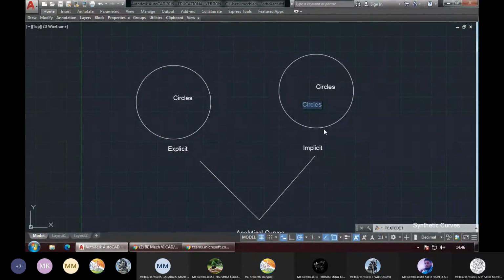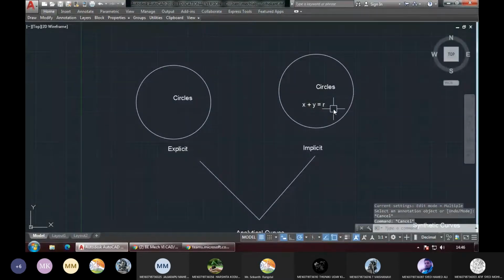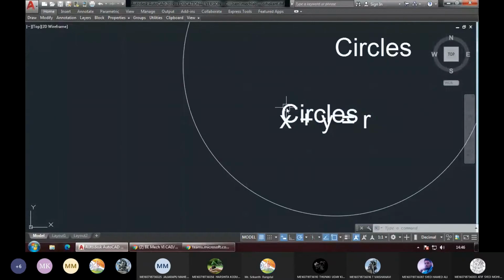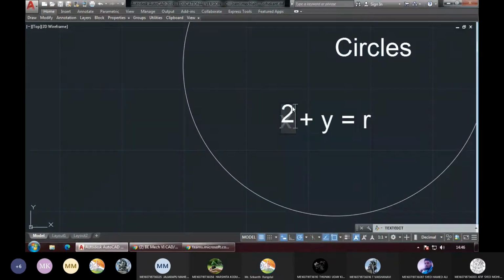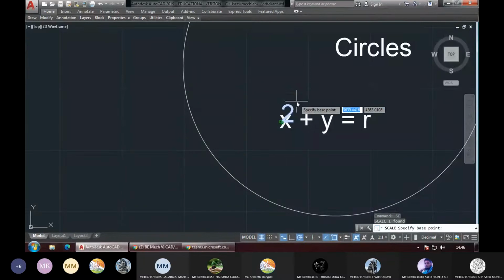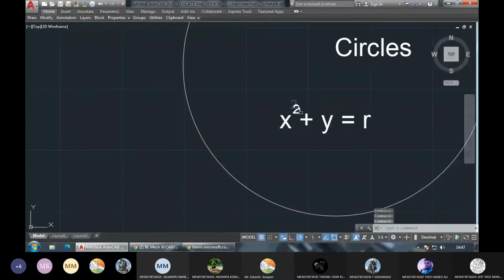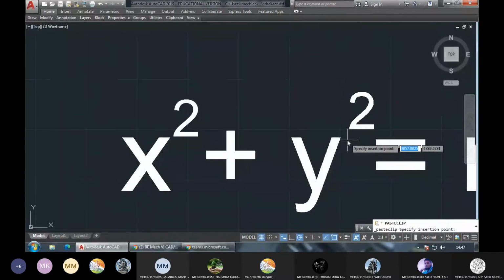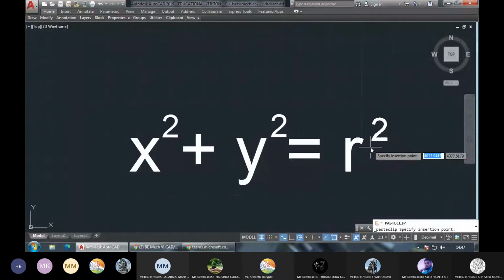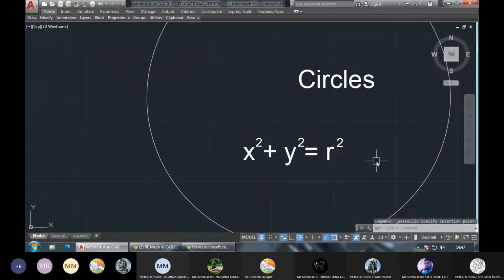Okay, there was a call, sorry for that. So x, what is the equation of circle? X plus y equal to r. Correct? Is the equation of circle correct? Come on, everyone, you all have studied the equation of circle, right? Now is it correct? Equation of circle.